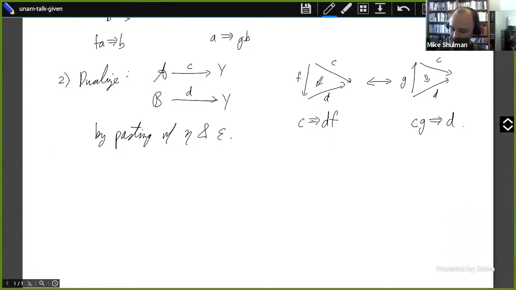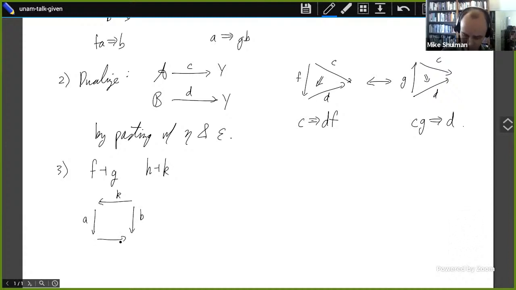And then you can combine this if I have two adjunctions. Say F is left adjoint to G and H is left adjoint to K, then I can put F and G after my A and B, and I can put my H and K before them. So what I get is a correspondence between squares that looks like this,